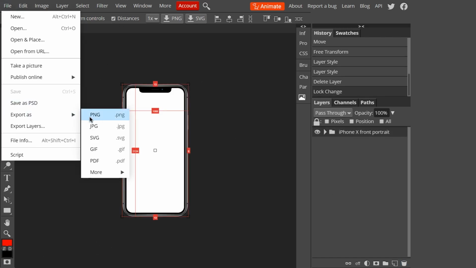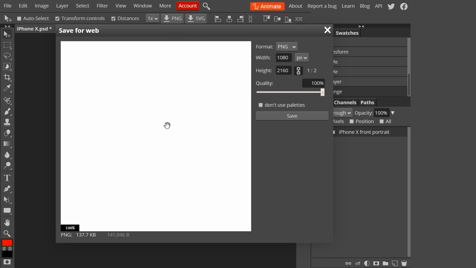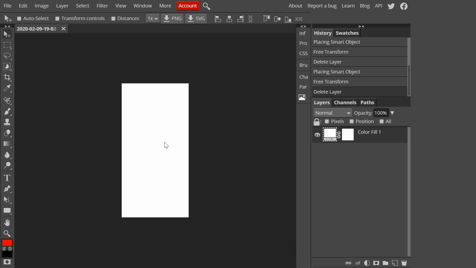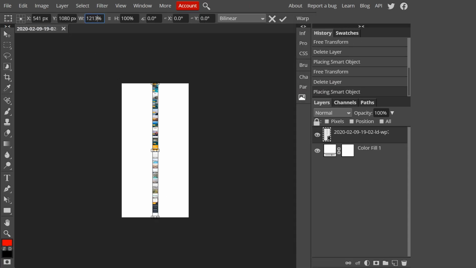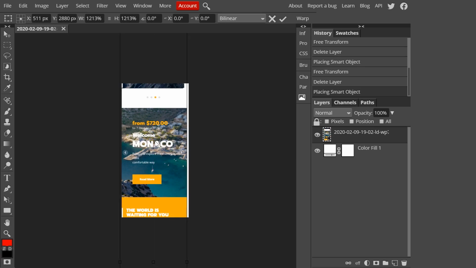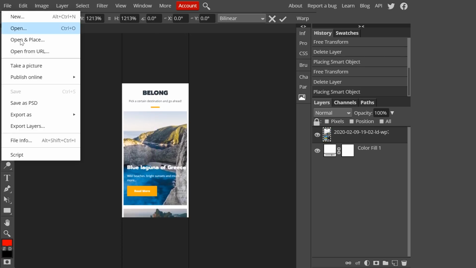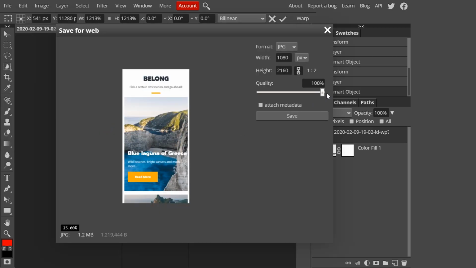When saving, I can even pick a bit smaller image size, it won't hurt because we don't need the mockup to be super sharp unlike the screenshot. Now the image is saved, let's bring our screenshot in the same project file. You can edit your screenshot in a separate tab, but remember that you need to preserve the same aspect ratio. Scale it up a bit so the contents are closer to the edges and save it as JPEG or PNG.